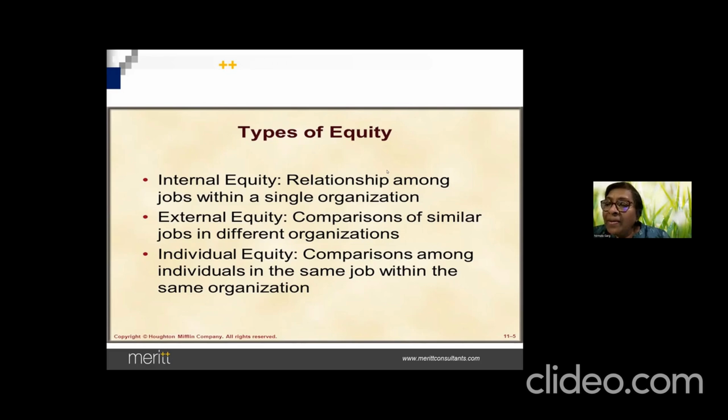If I don't even compare, I may be paying actually more money, right? How will I know whether I'm paying more or less? Unless and until I compare it with the market. Sometimes I may be paying more also, no? How will I know? So it's very, very important to do benchmarking, which is called external equity, so that you know exactly, you can then devise, strategize your pay policy, saying that this is what I want to be. I want to be so competitive, compared with other organizations.